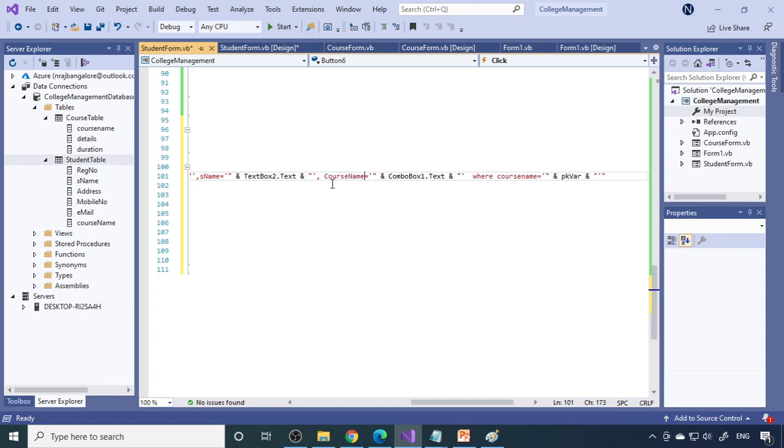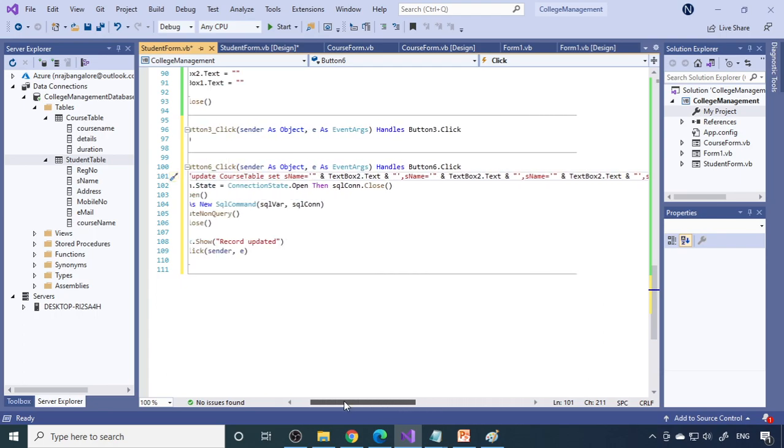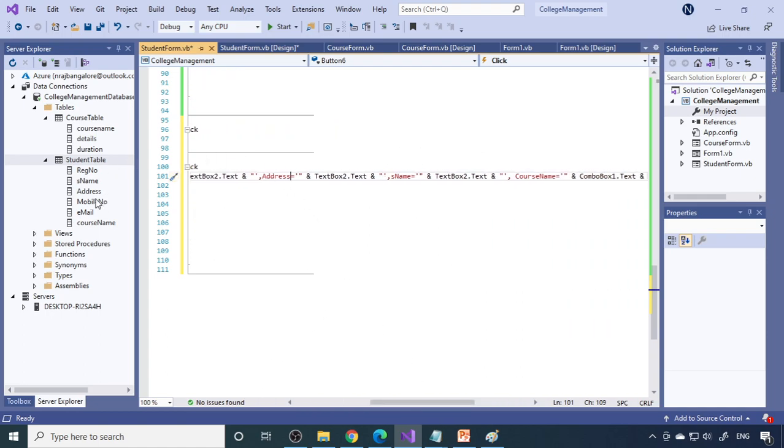The last one is course name, that is combo box 1. And here is the register number, that is pkvar. And now this is S name, then this is address. Okay, I just copy and paste. Now we make it as address, that is the third column.